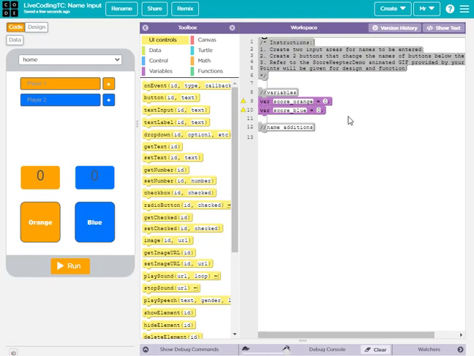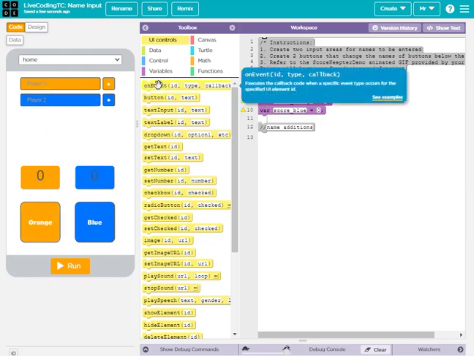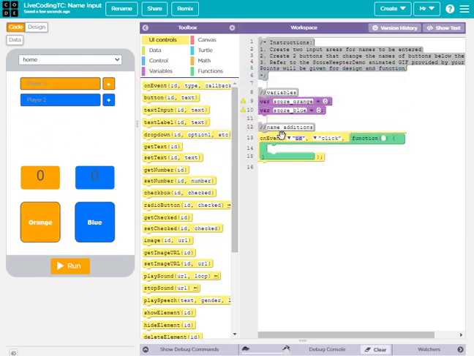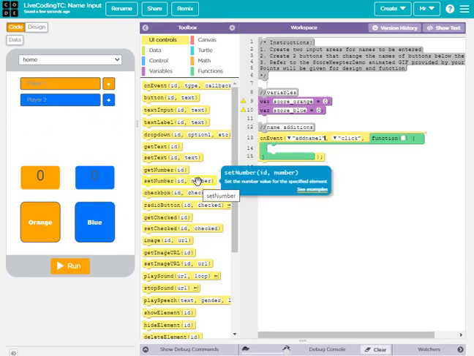There we go. So now what we want to do is when we click on this add name 1 button, it changes the text inside of score button number 1. So how do we do that? On event, we add this right here. Okay, and then what we want to do is when we go to add name number 1, when we click on it, what we want to do is set the property of the score button number 1 to be whatever the text inside of player 1 is. So to do that, we use